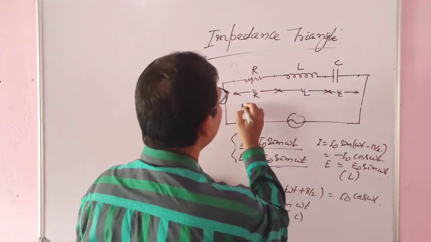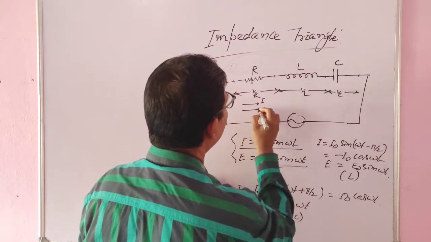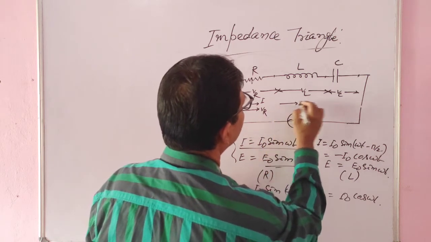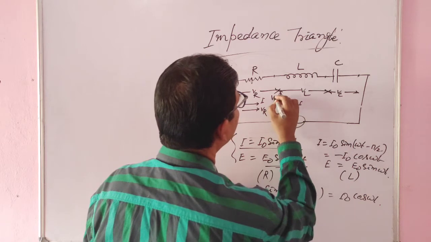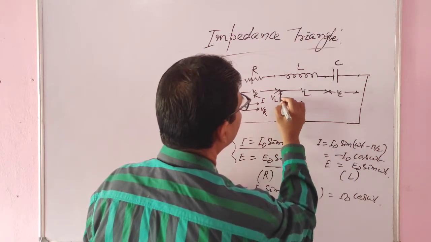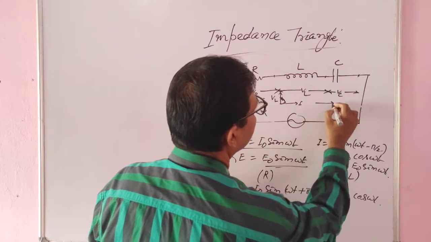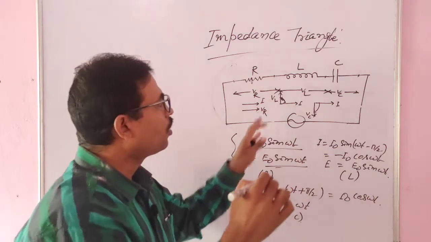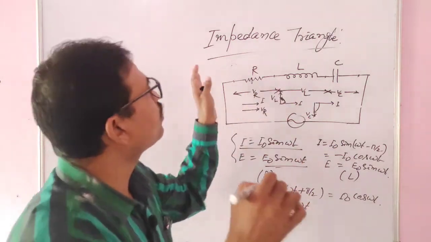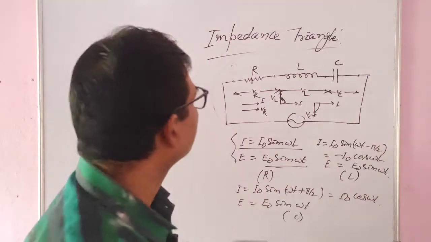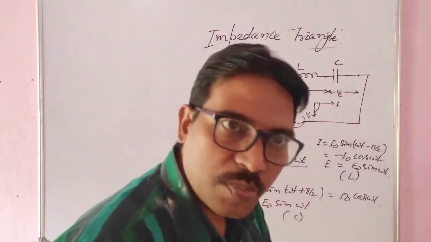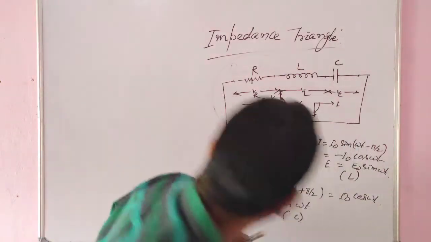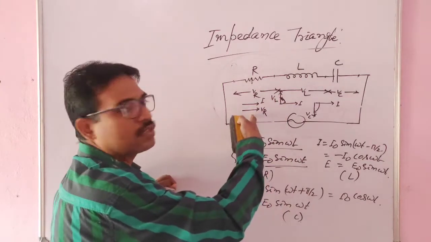So, the direction of I is this one and this one is R, VR, but this one is I, this one is VL if you will take. This is the direction. Okay. But in case of C, it is I, this is VC. So, direction is this one. So, you must understand this one while you are going to read impedance triangle. So, from the derivation of impedance, what you are getting? You have written. Okay. So, here try to understand this one is important.